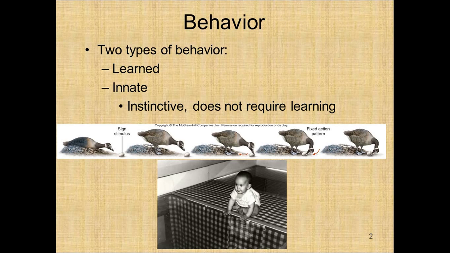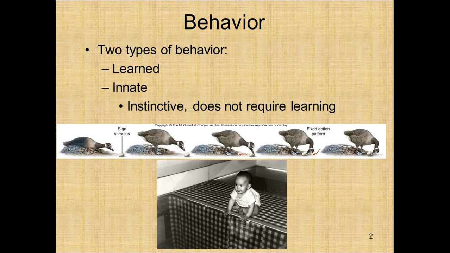A scientist took the egg out of the nest, set it down, and let the goose roll the egg back. He took an egg out again, put it back on the ground, and let her begin to roll that egg back. Then he picked it up, let her see it, let her see him put it back in the nest, but she continued to roll a pretend egg all the way back to the nest. What had happened was she had received a specific stimulus and she had to respond in a certain way. What he saw was a fixed action pattern. This means that the response must be carried out even if it's not necessary.